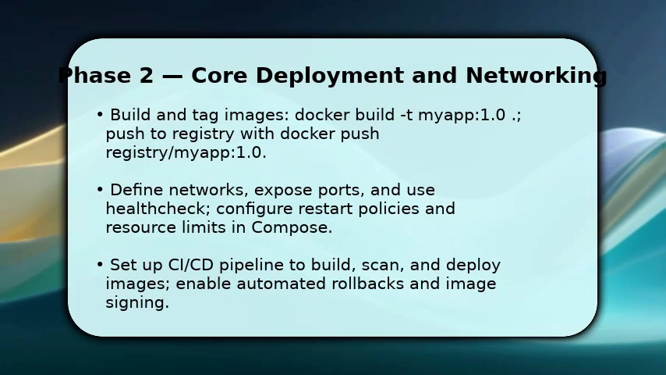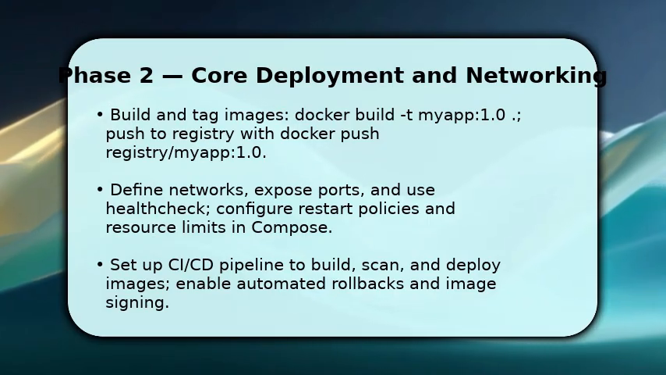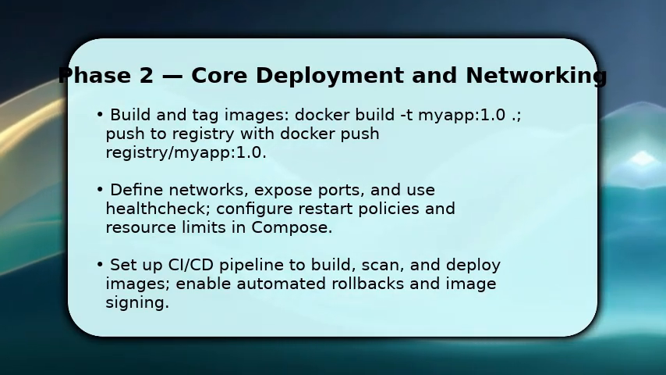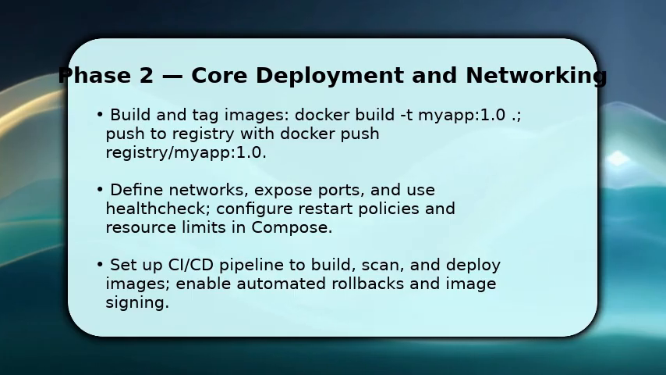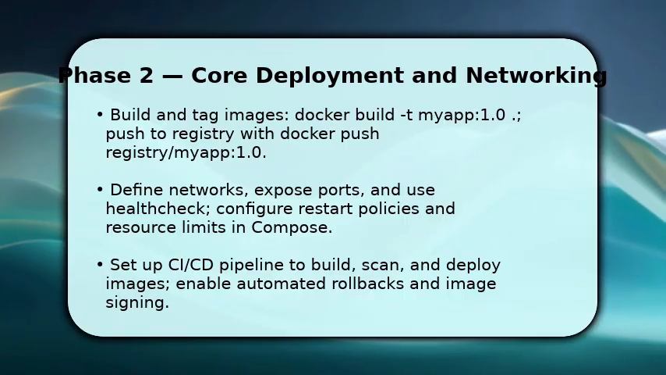Now you execute the core deployment steps and explain why each matters. Build and tag images, then push to a registry so other hosts can pull them. This enables immutable deployments. Define overlay or bridge networks, expose ports, and add a health check to let orchestrators know